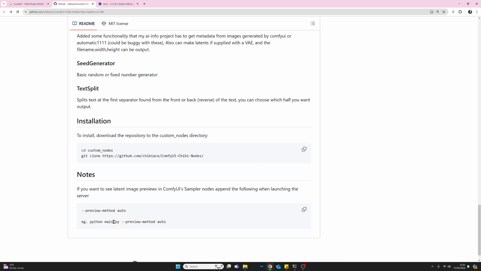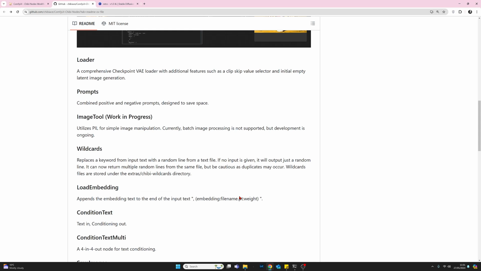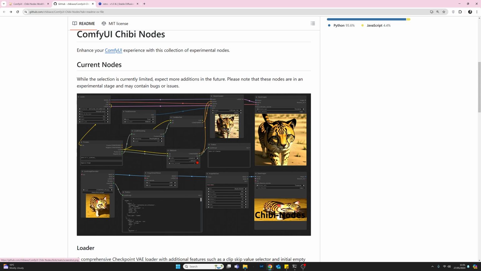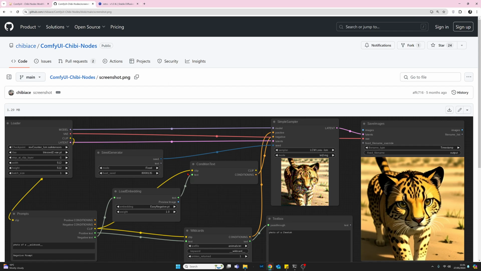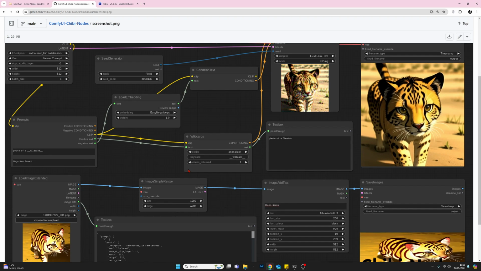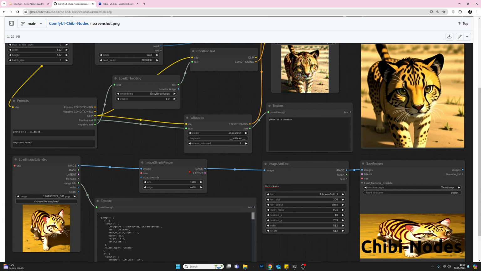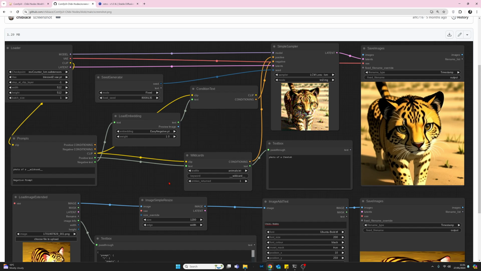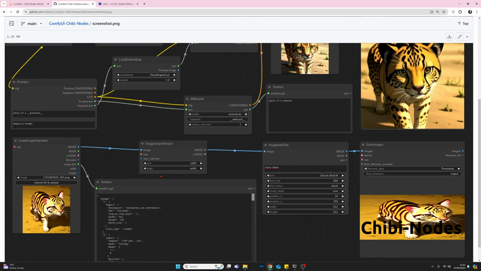So let's just come back up to the top here to look at this image, because this is very useful. Whilst, as I said before, there isn't a lot of detail in the nodes, the reason that possibly is, is because this picture here is so well detailed. So this gives you a good visual display of how and where the nodes are set up, and you can clearly see the connections for them. So this is a very useful reference point if you're using these nodes. So anyway, let's